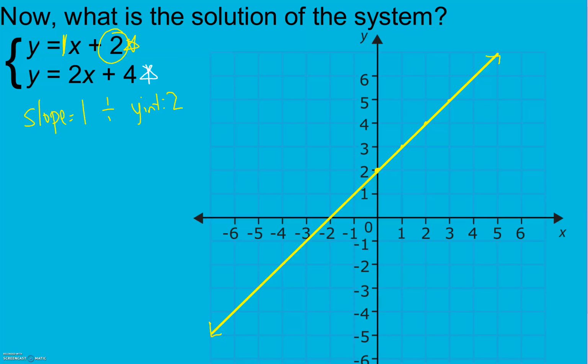My second line here, my slope is 2. It's the number in front of my x. And again, that's 2 over 1. My y-intercept is my last number. Remember, our y-intercept, 4, tells us where we begin, and our slope tells us how we move. So here I'm going to start at 4, I'm going to go up 2 over 1. I can also go down 2 back 1. So when I connect my dots here,